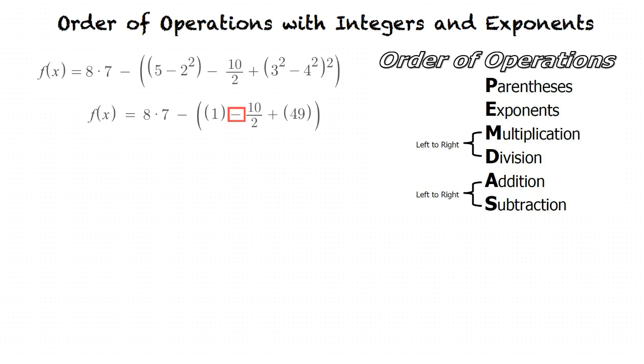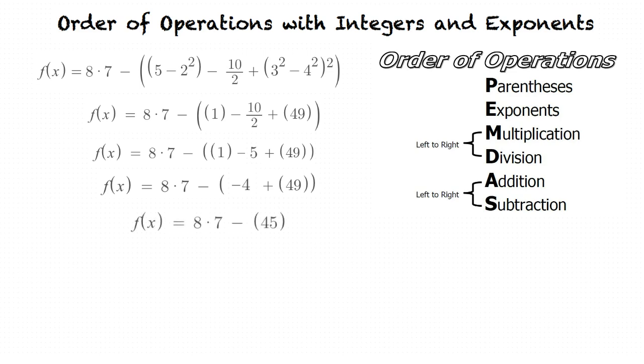We have the operations subtraction, division, and addition. So which comes first? Well, let's see: parentheses, exponents, multiplication, division, addition, subtraction. So division comes first and then subtraction and addition? Yeah, exactly. So let's evaluate the division operation first and then do the addition and subtraction next. 10 divided by 2 is going to be 5, so we have 1 minus 5 plus 49. Now remember, we evaluate left to right when doing subtraction or addition. 1 minus 5 is going to be negative 4, and then negative 4 plus 49 is going to give us